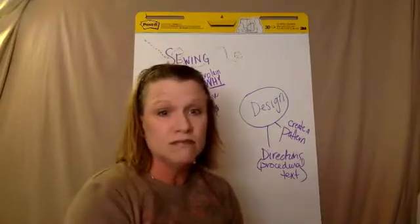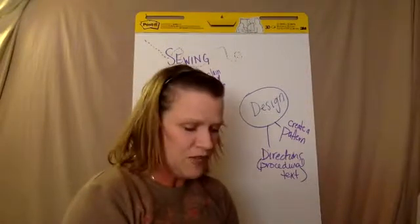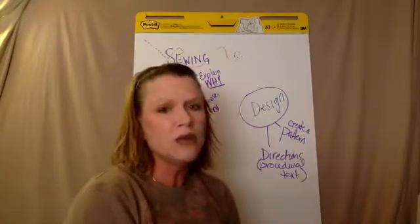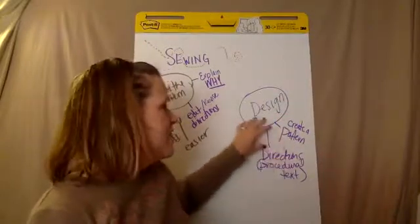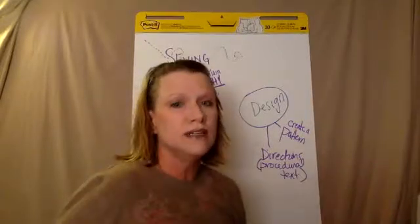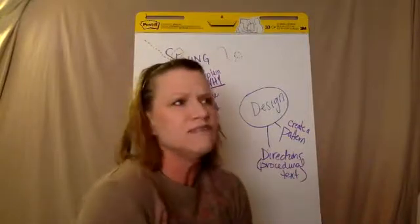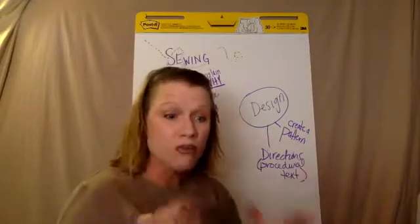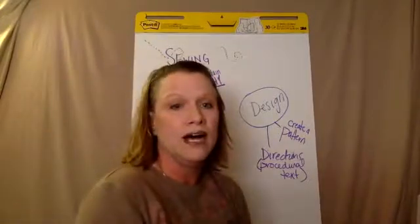So for older students, for those of you with older children that like to sew, doing something around a costume for a particular character or genre or movie is a fascinating way to get them to address design. They create a pattern with the directions, and then they have to write a little bit about why this particular costume is the correct creative expression for this character. What is it that links them? I think costume design is a great way to capitalize on sewing or leverage sewing for older